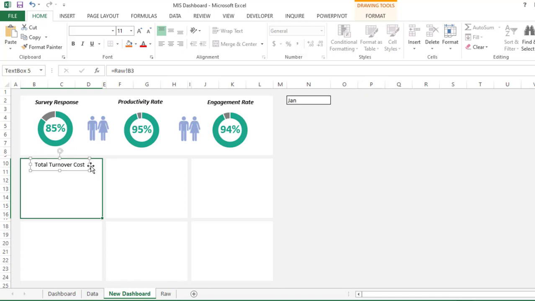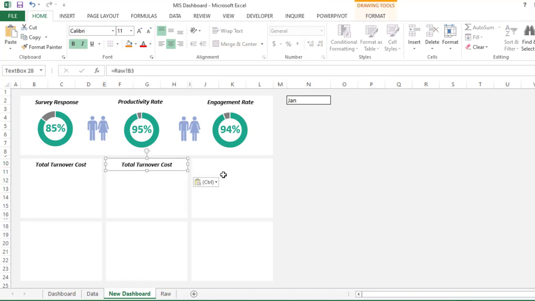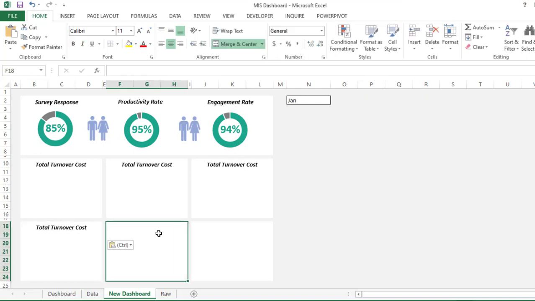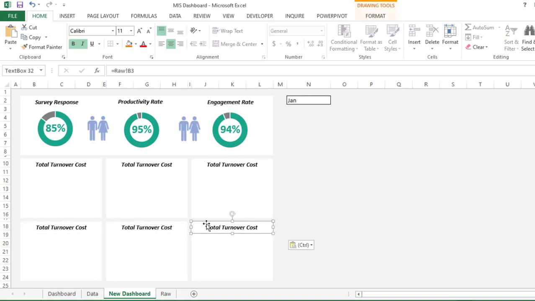We'll make an alignment here so that we can easily copy this part to the other cells also. Now we'll make it center aligned, italic and bold. Then copy this one, go to this part and paste it here so that the alignment remains the same. Now this one is done.